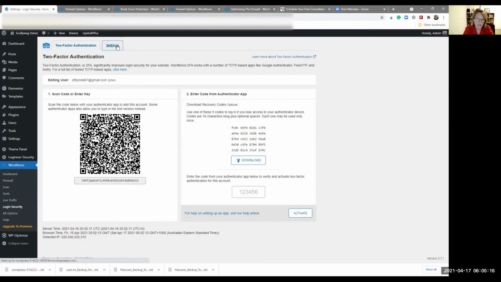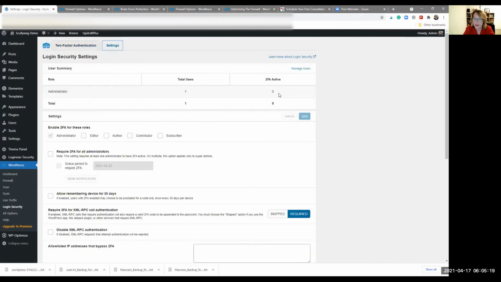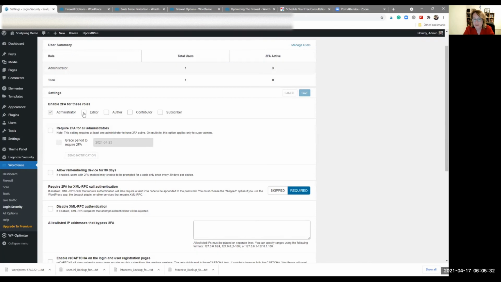And then you go into settings and you can see how many admins are there. You can set it so that all administrators need to have 2-factor authentication, and you can make it so that editors need it as well as authors and contributors. Subscribers, I don't think most people would. Maybe some websites do, and particularly if your subscribers were quite techie, they might not have an issue with that, but a lot of subscribers would be like,